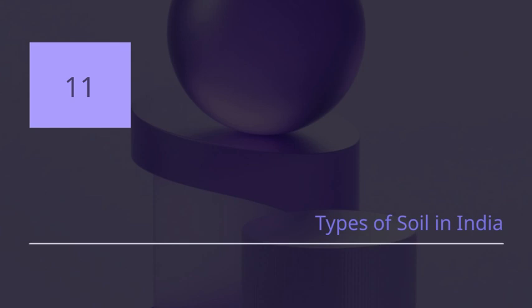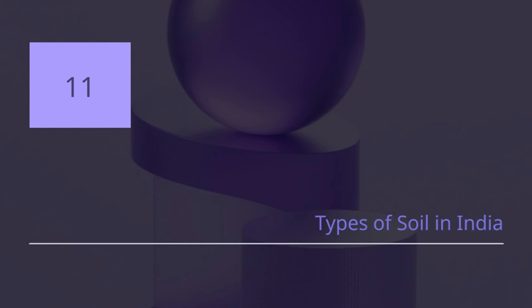Alluvial soil, which is deposited by rivers, is quite fertile and covers large parts of the Indo-Gangetic plains. Black soil, also known as regur soil, is rich in clay and ideal for cotton cultivation. Red and yellow soils are typically found in the warmer regions and are rich in iron oxide, giving them their